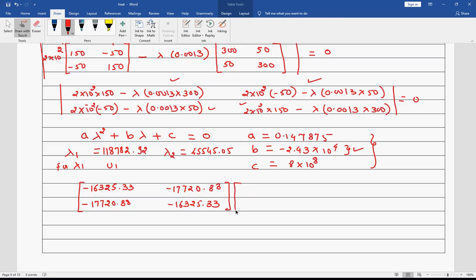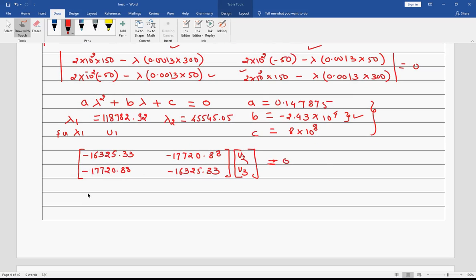Okay, so now that will be multiplied by your U2 and U3. So I will use the first row only. From the first row, I am supposed to find U3 equal to A times U2. Okay, so I am interested in knowing the value of A. So try to find A and just let me know. From the first row, I want U3 in terms of U2.